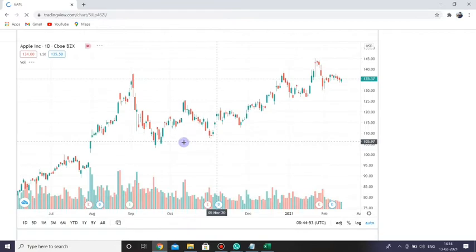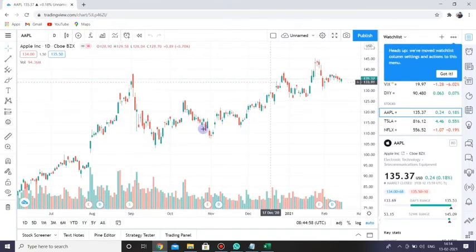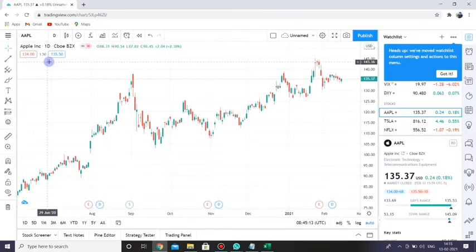After clicking on chart, this is the home page of the chart you will be having. The script name is Apple. Here you will have the candlestick patterns in the basic, and the volume indicator. You just go to the volume indicator and disable this.